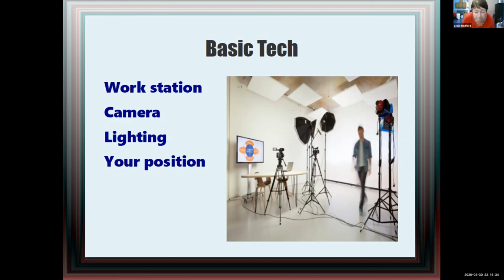Your position. You want to be, and play with this, you want to be far enough that your head is in the top of the frame. Okay? You don't want to be so close that you're cut off like this. You don't want to be so far back that you're down like this. Okay? Keep your head at the top of the frame,